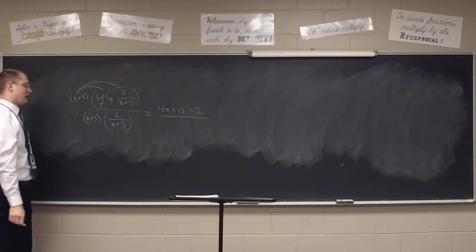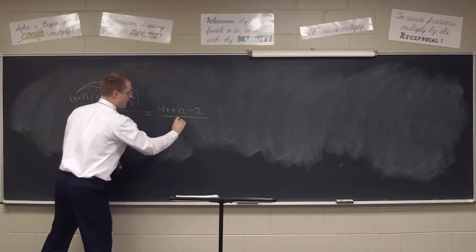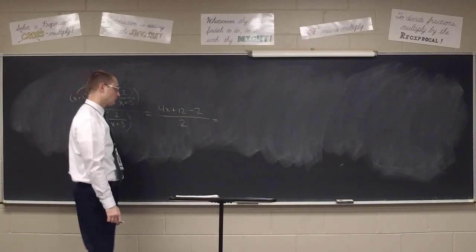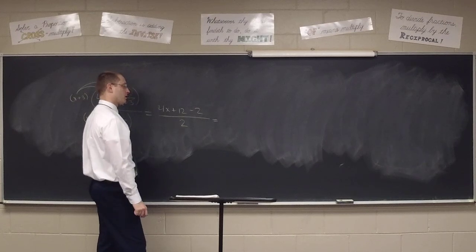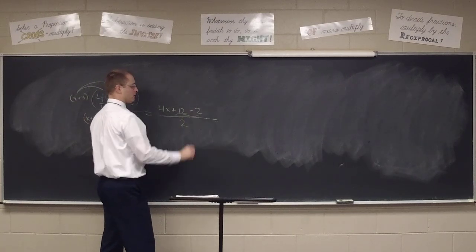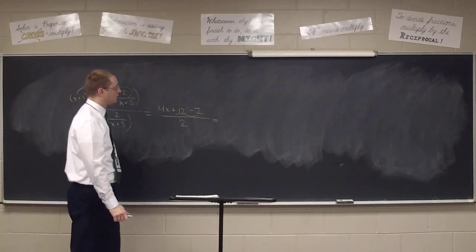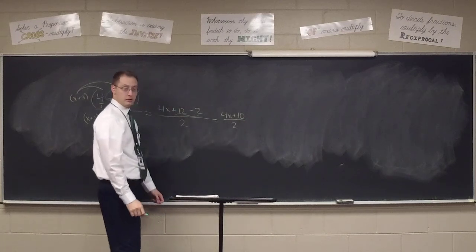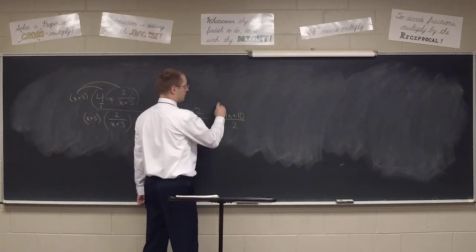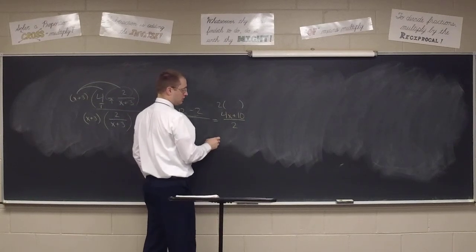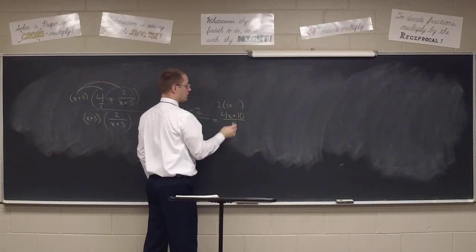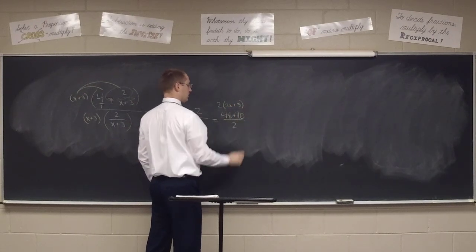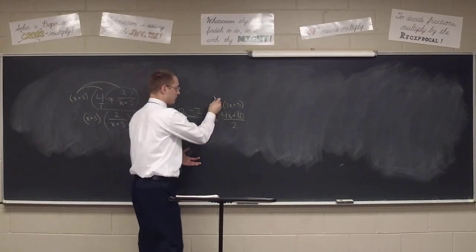All right, Noah, what about in the denominator? 2. Right, these cancel, and all I've got is a 2. We can simplify a little bit here, Noah. Take out the 2. Not yet, let's combine first. 10. There we go, let's make it 4x plus 10 over 2. And then take out the 2. So 8. 2x. Or 2 times 2x plus 5, over 2. And then the 2's cancel, so I'm left with just